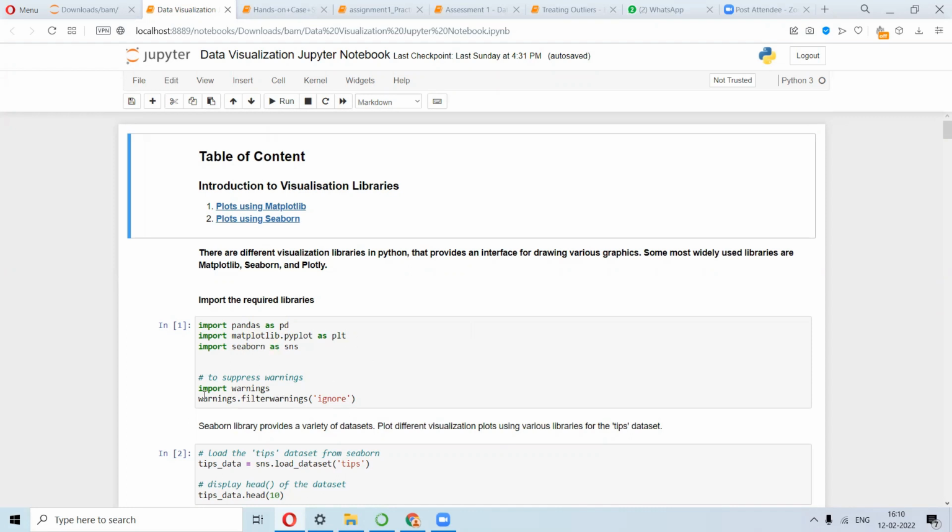Okay, so this is how we suppress the warnings. At times the machine keeps on throwing a few warnings. So you can suppress all the warnings that you get by the machine. You just have to do import warnings and then filter warnings, all the warnings that you get. So you filter them by ignoring them. Okay, so this is what you have.